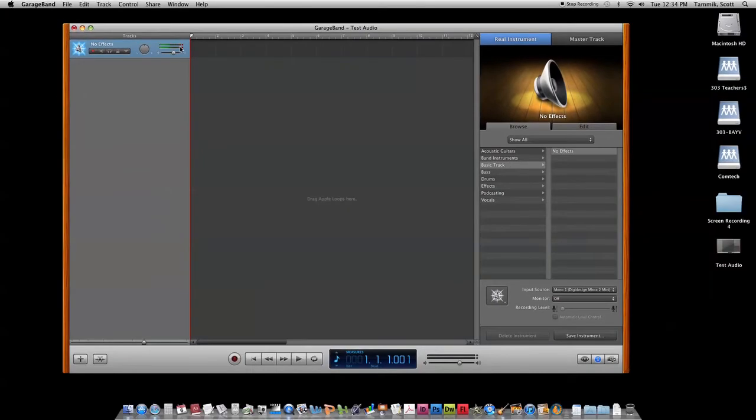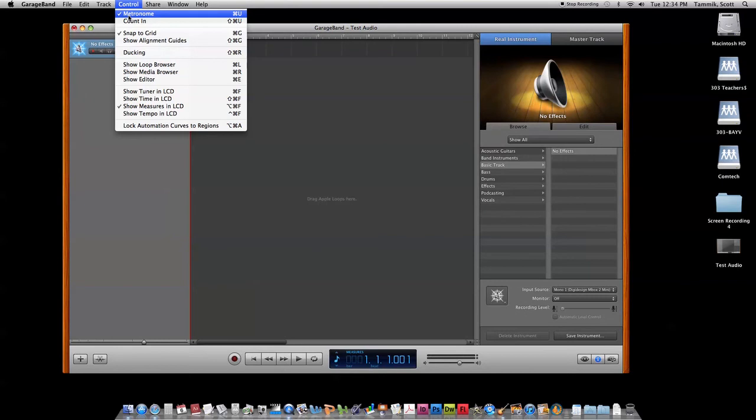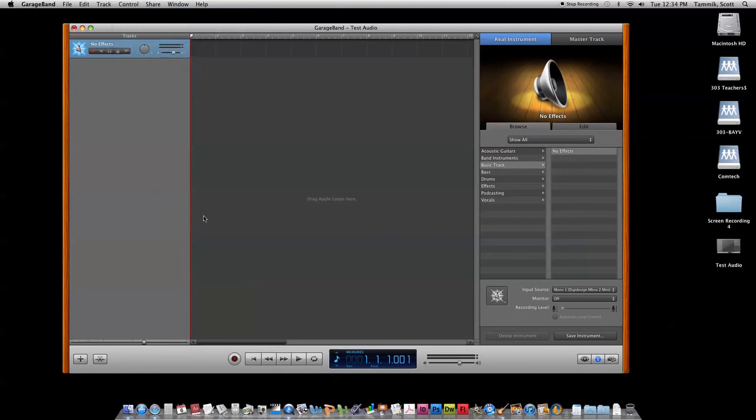So to very quickly make an audio recording here, now I've got the level set right, I'm going to press the red record button at the bottom here. Just before I do that, I'm going to turn off the metronome function because I don't want to hear any ticking. And I'll hit the red record button, and GarageBand is now recording my voice, and we can see a